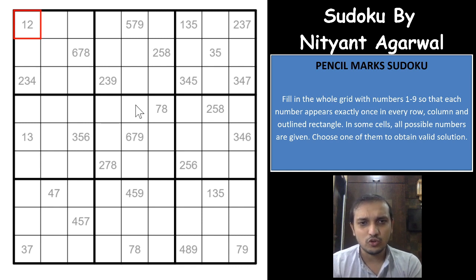Now this particular Sudoku requires an extreme strategy to even start. I myself got stuck in this Sudoku when I was given this grid. I tried to solve it and actually got stuck at the start itself. But when I asked Nityant about the start logic, I was really fascinated by how the logic works, after which the Sudoku falls easily, right? So I thought of covering a video on this one and explaining what the logic is.